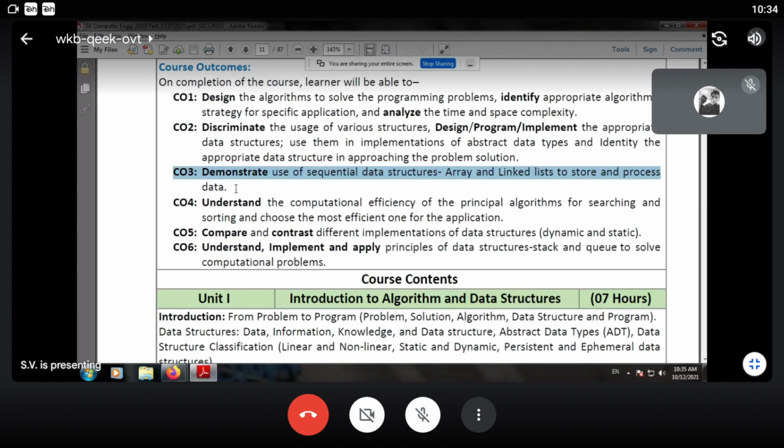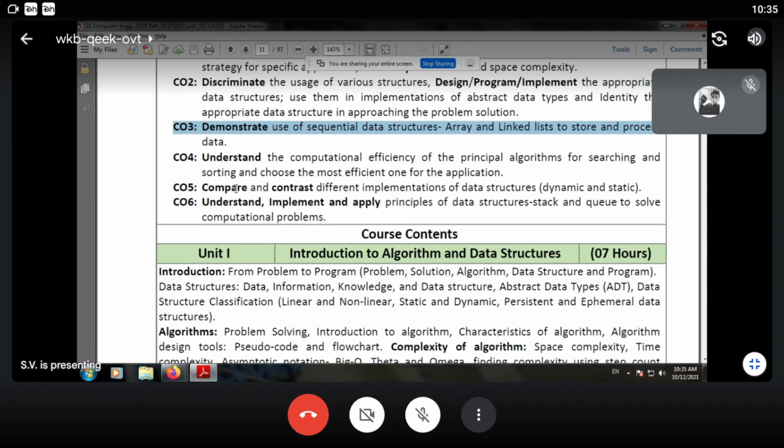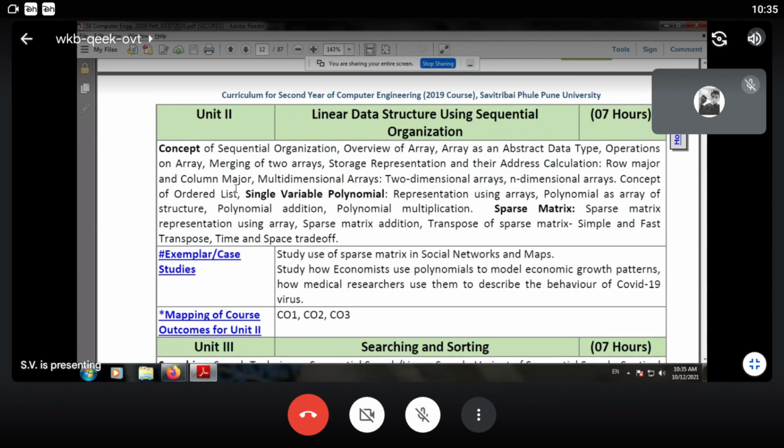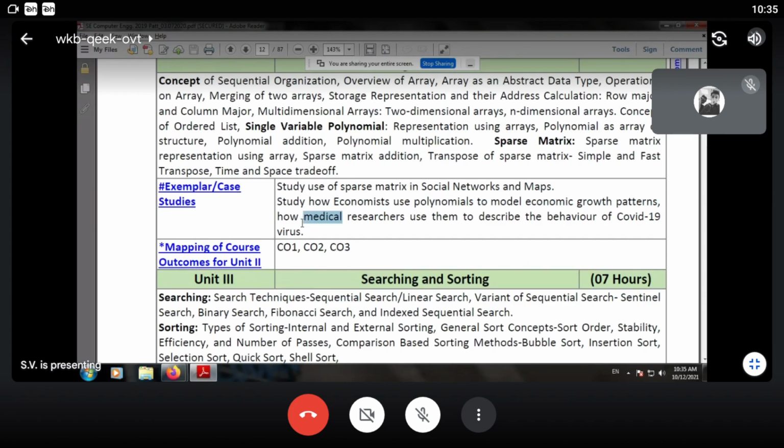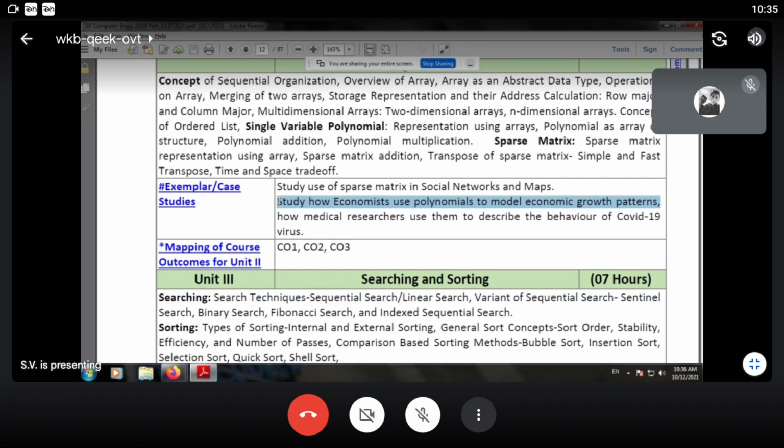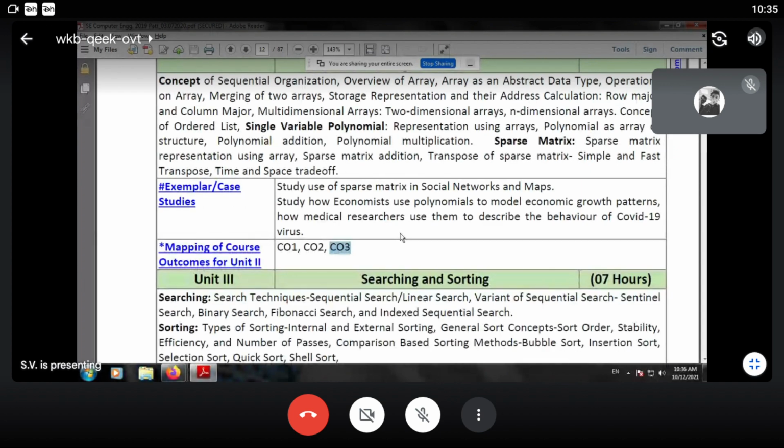Over here it says that if you are using polynomial data structures, they are sequential, so you can use either arrays or linked lists. Currently we have not completed linked lists. You can use arrays or lists in Python. If you want to implement it as a program, then you are capable of demonstrating the data structure. That is the significance of CO3. And if you are able to complete the second case study, then we surely declare that you are capable of CO3, that is course objective 3.